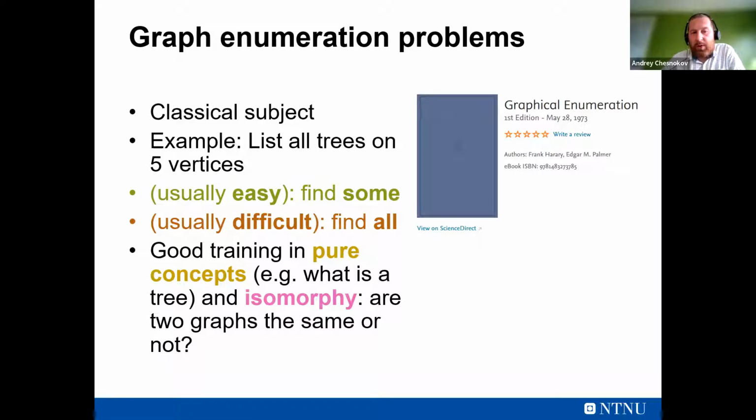us all trees on 5 vertices? So just find everything that is a tree and that has just 5 vertices. And then the problem naturally divides into 2 connected things. The first one, which is easy, is to just find some trees. The second thing that is difficult, and it is actually opening for the things I showed on the previous slide,